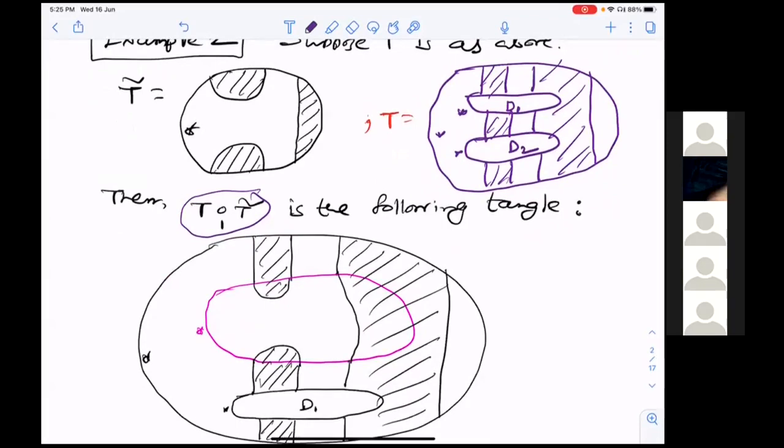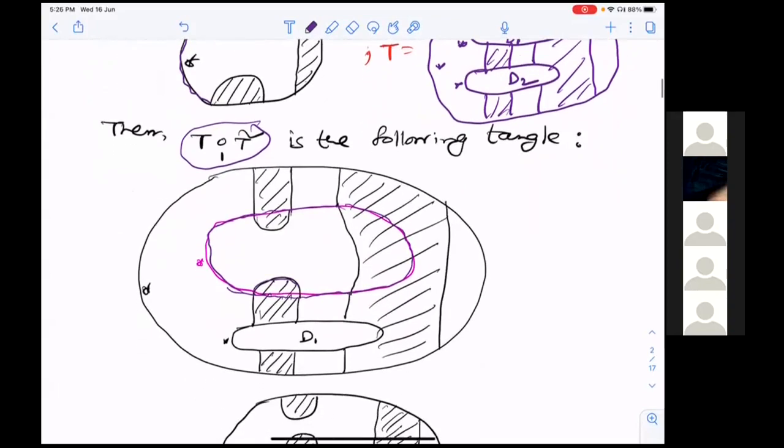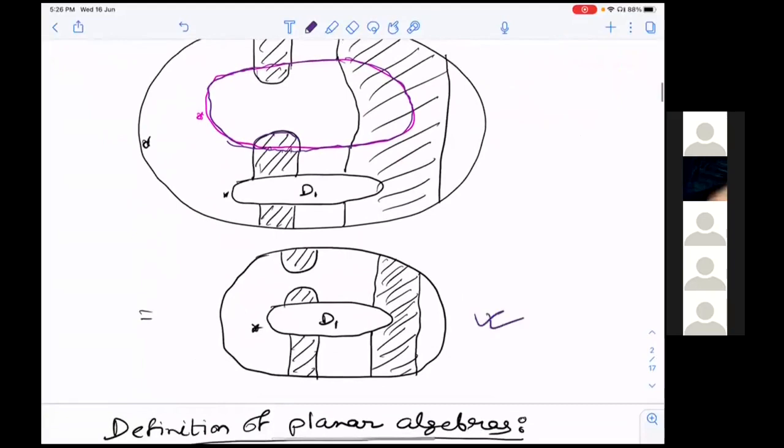So now this is my D1. See, I have increased this one because I have to substitute T tilde inside. Now this is my T tilde. So along the star, we put this T tilde. This is the star. So we have put this T tilde here in this line. And now remove this external boundary. So we'll get another tangle. This is the substitution tangle. So these two are the natural ways to obtain various tangles from the old one.